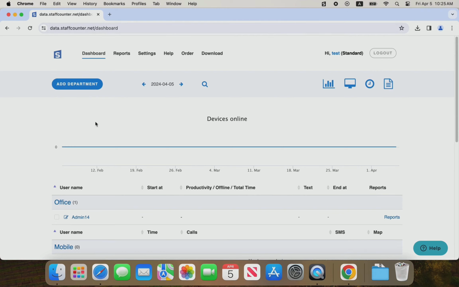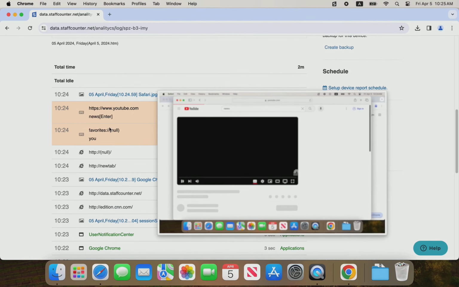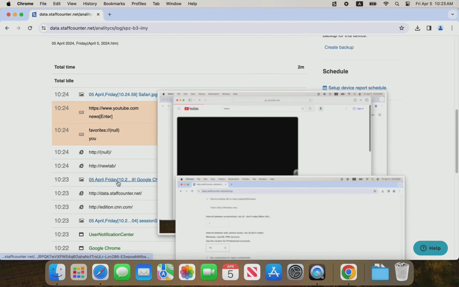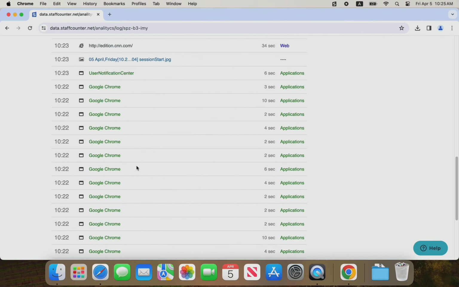Now let's see what was uploaded to our virtual device. Refresh the page. This time we can see that there is a text, there are some screenshots and web addresses.